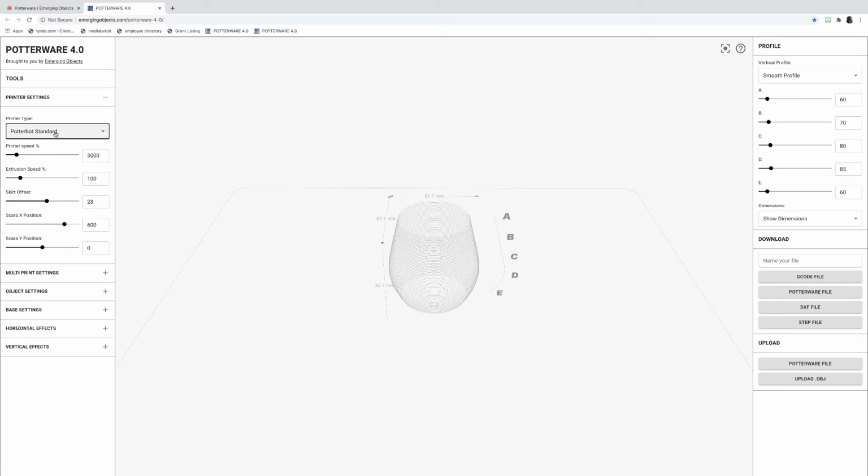Once you've selected your printer, then the next two settings are printer speed and extrusion speed. These are the default settings. The printer speed controls how fast either the printer bed or the printer arm is going to move, and the extrusion speed affects the amount of pressure that is being put on the tube of clay for how fast or